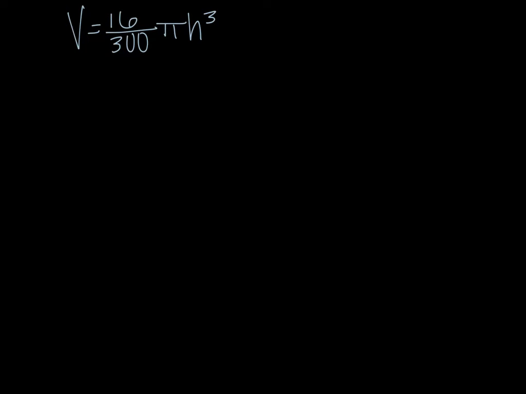Now I can continue with my process for related rates. I identified my variables. I wrote an equation that related the variables, and really the only variables I wanted to relate were V and h. Now that I have those related, I can take the derivative, just like normal, with respect to time. So this is going to be dV/dt equals, remember that this 16/300 times pi is actually all a coefficient. So I'm going to multiply the 3 down